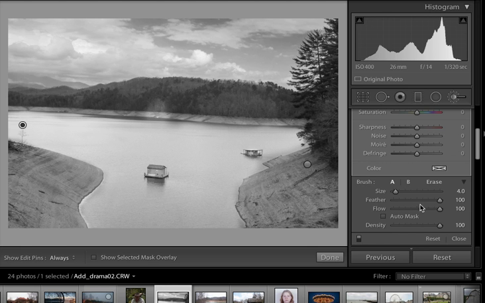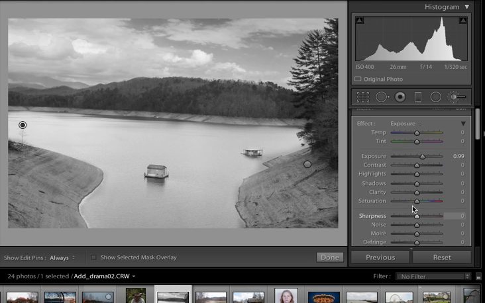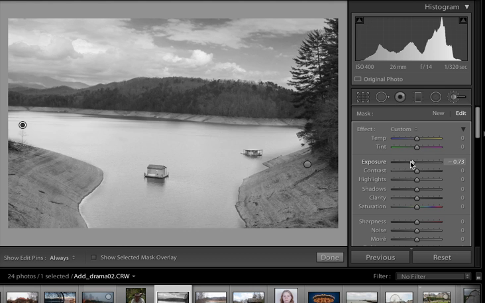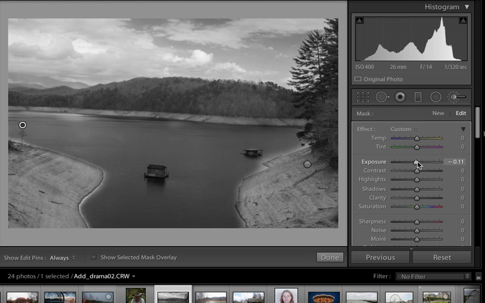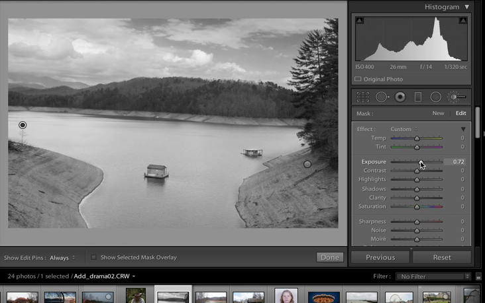So one of the things that I need to do is just erase this big bit that I put on there, and then I'm going to go back up and adjust these settings. So the exposure setting is what's making the water really dark. And I should point out one other thing to you,